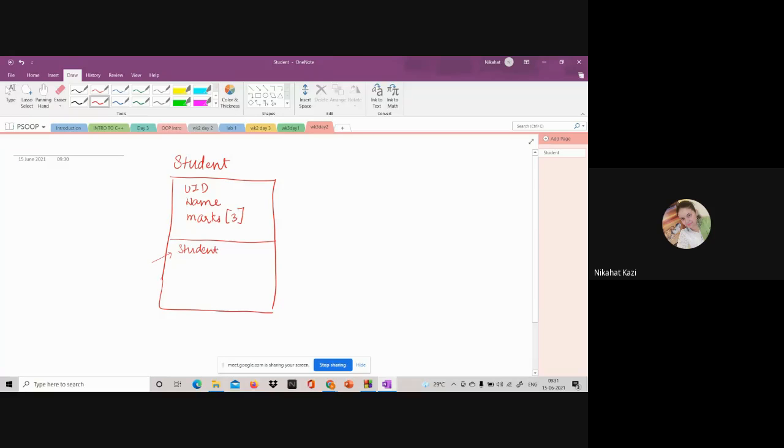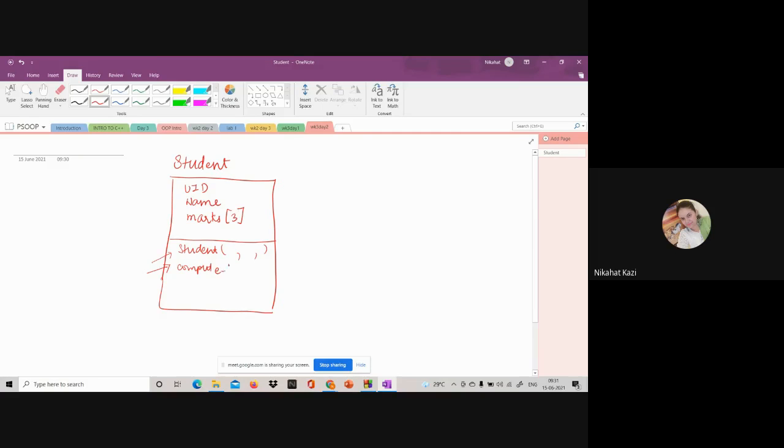Then you will have some constructors. Let us keep a parameterized constructor. And then we will have some way to read the details. Using this constructor, we'll create the student with the marks. Then we will compute the total marks.